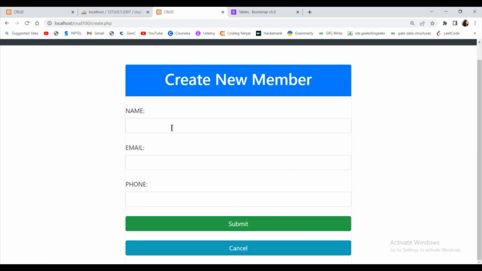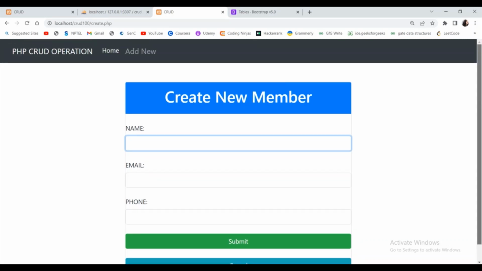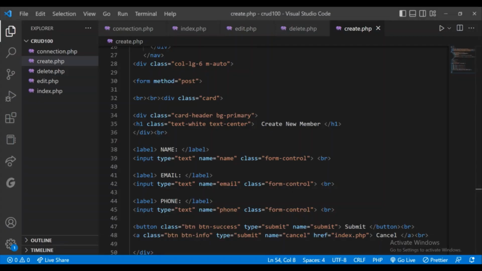This is a form in which if I enter something and if I click on submit, this new member will be added to the table. But right now I have not connected it to the backend, or I have not given the logic in the PHP code to insert this member. So now I have to do that. I'm going back to